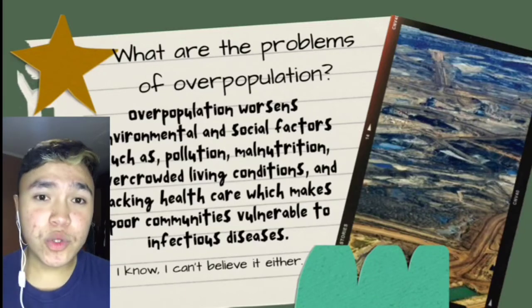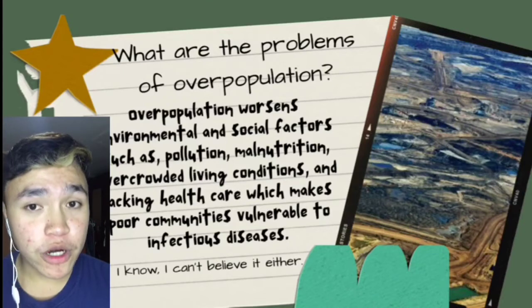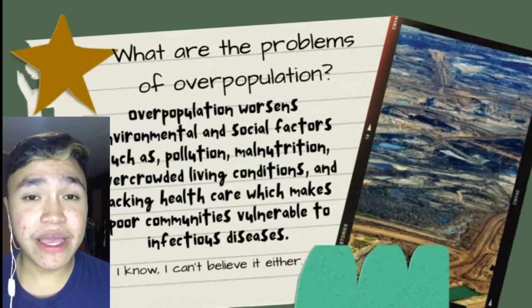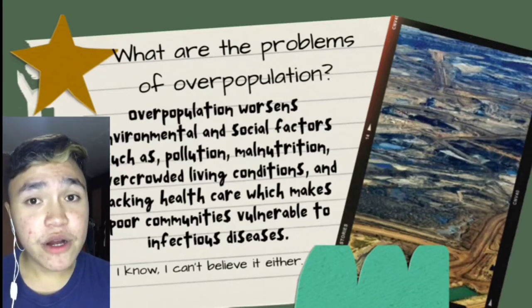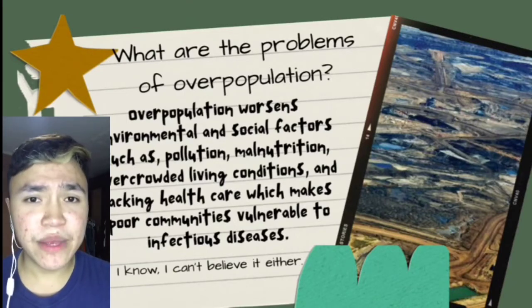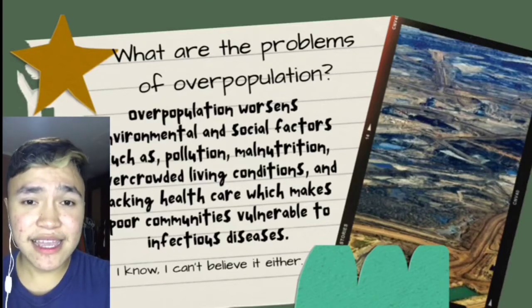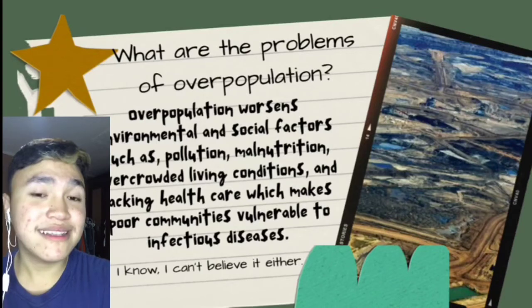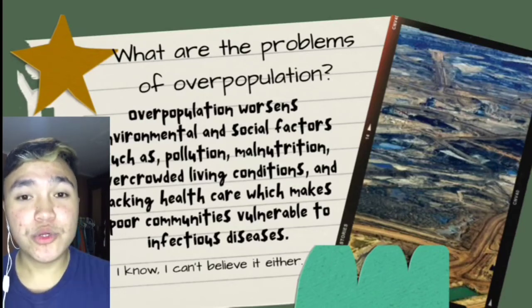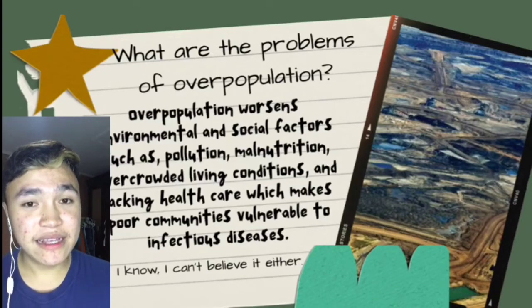Malnutrition. It is due to poverty. Many children are experiencing starvation because their parents cannot afford or cannot provide their basic needs, specifically their everyday food. And moreover, overcrowded living conditions. And this is actually happening in big cities like Cagayan de Oro City. So there are lots of people living in a crowded area. And lastly, lacking healthcare, which makes poor communities vulnerable to infectious diseases, such as tuberculosis, malaria, HIV, and dysentery faster